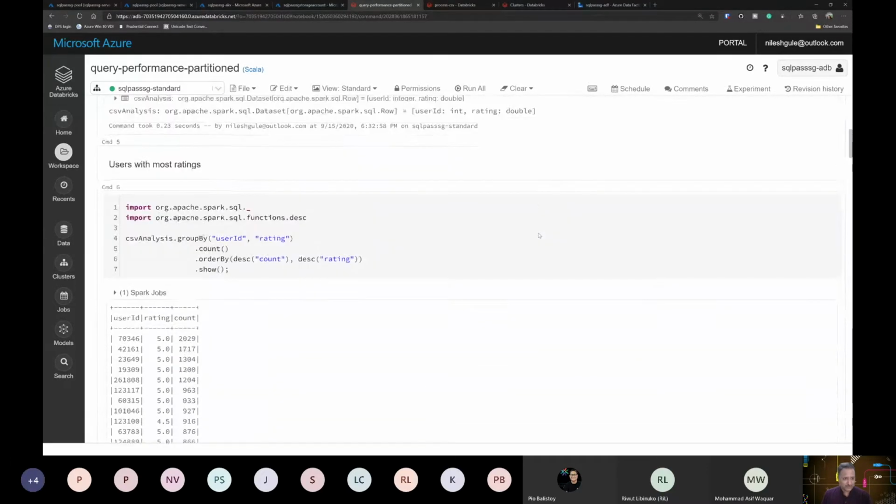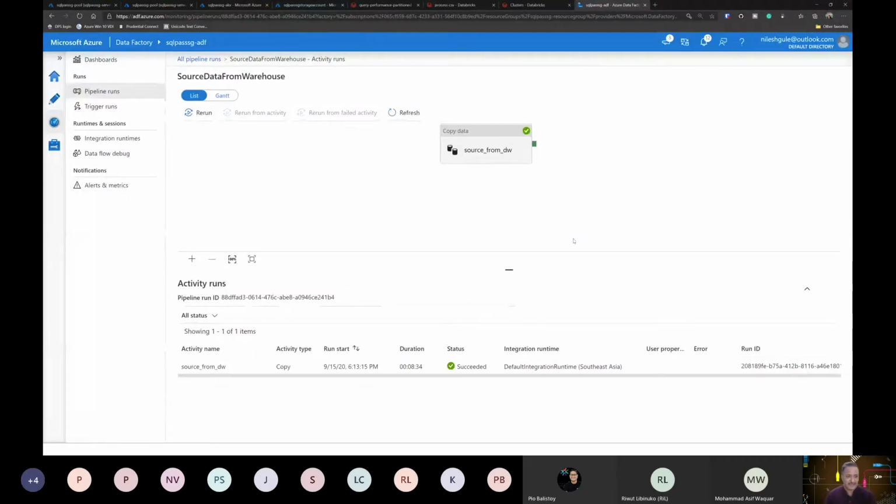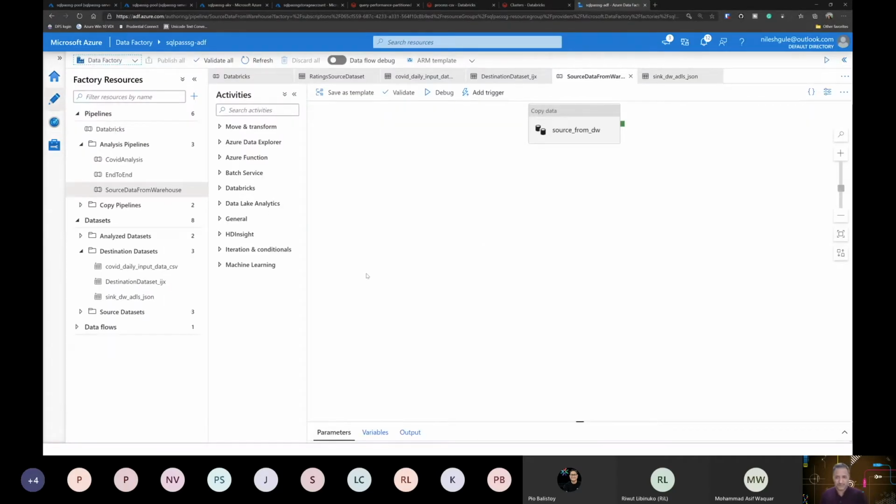The next step I want to do is, let's say I'm a data engineer or a data scientist and I've built this notebook, how do I integrate this in the end-to-end workflow, where I integrate the data, I process that data, and then I store that data in the SQL data warehouse. So for that purpose, I can use Data Factory and I can create a pipeline here. If you remember, last time I had shown how to trigger a Spark job from Data Factory. So I will use this same pipeline and I will call a Databricks notebook from here.